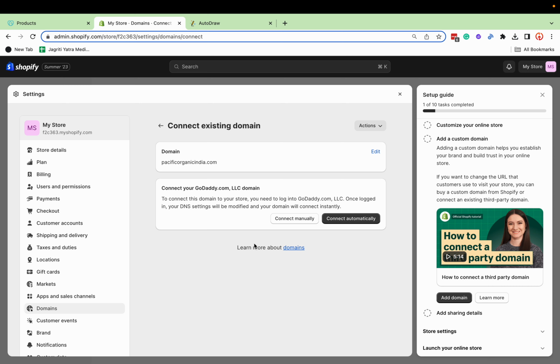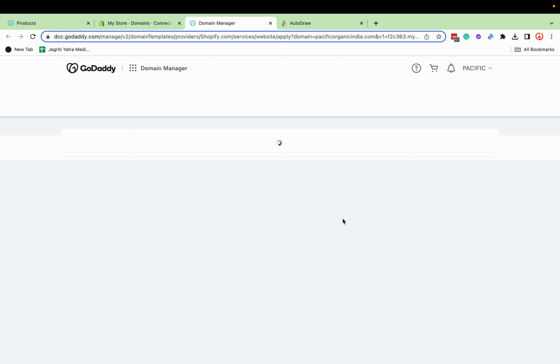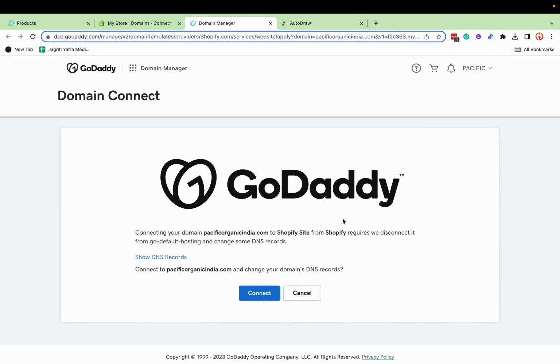Now you'll get two options whether you want to connect manually or automatically. Manually you can do it via putting some records at your DNS, and we can also connect automatically. Let's click on connect automatically. This will take you to your GoDaddy domain place. Make sure you already are logged in, and it will automatically identify that domain from your list if you have many. Click on connect